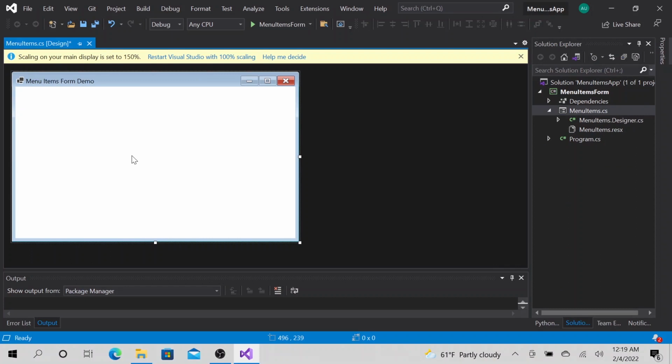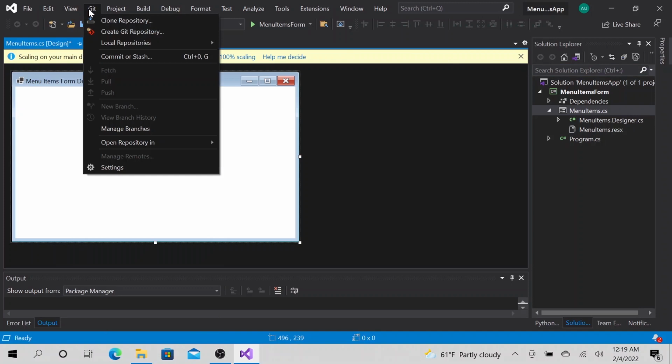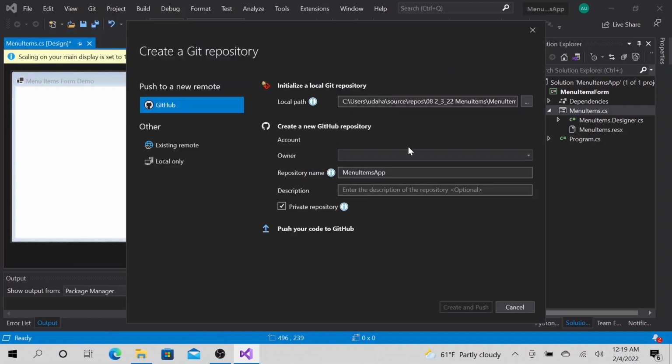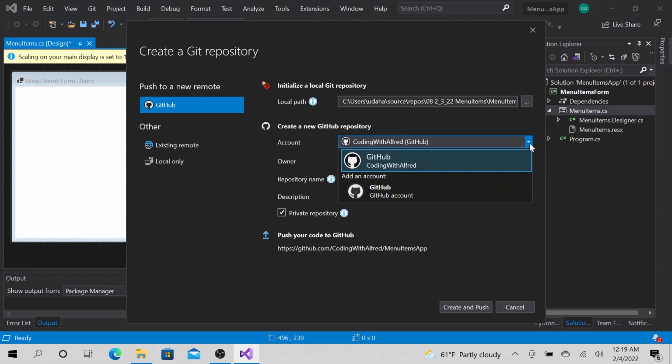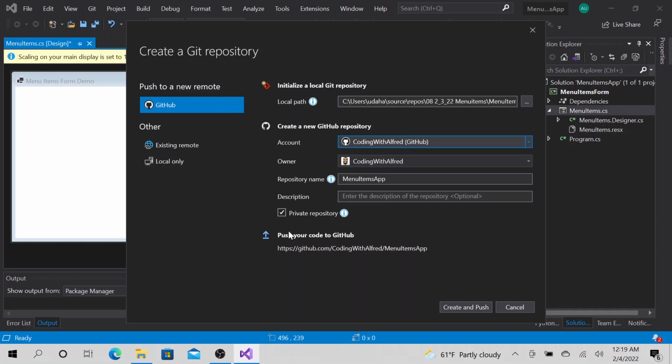Obviously, we have already done a lot of changes, but we want to start committing this to GitHub. So what we want to do is go to View, or we can go to Git and do Create Git Repository. Right now I have my account already loaded. If you don't, I believe you go here, then create an add account. So I have mine already added, and the description will be